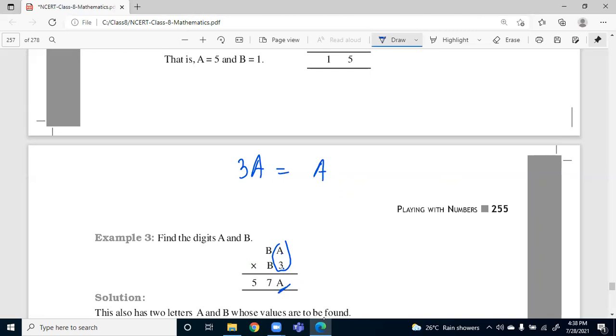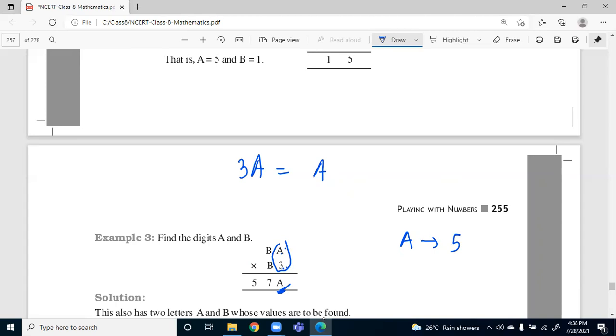How do we do the multiplication? We are multiplying 3 into A, then whatever comes will take the place of A. So what should I take A so that I get 8 here? Let's say if I take A as 5, then 3 into 5 is 15. Yes, I am getting 5. So let's think that A is equal to 5. Now I am checking it further.